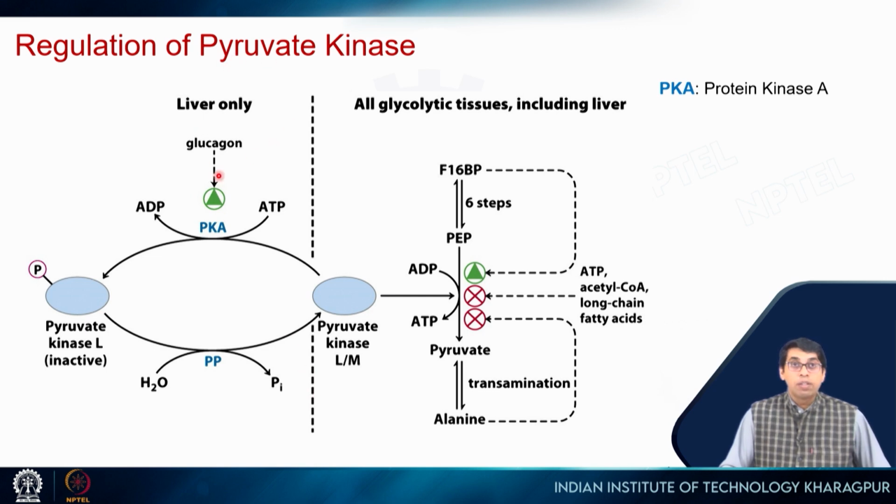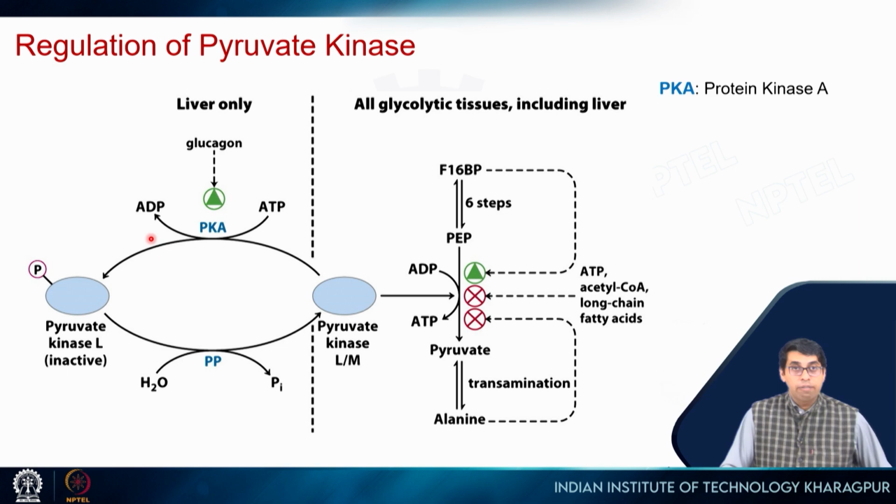Pyruvate kinase, this happens only in liver. So, there is this enzyme protein kinase A. We have learned that kinases are enzymes which use ATP and phosphorylate other protein molecules. When there is a lot of glucagon, it will result in the production of this secondary messenger, which is cyclic AMP. Cyclic AMP activates protein kinase A and that will phosphorylate pyruvate kinase, okay, in the liver. Once it gets phosphorylated, it will become inactive. So, no more pyruvate is formed. Okay. However,